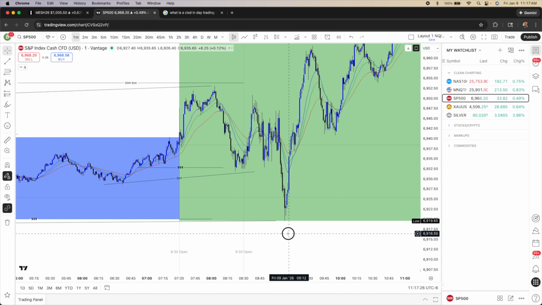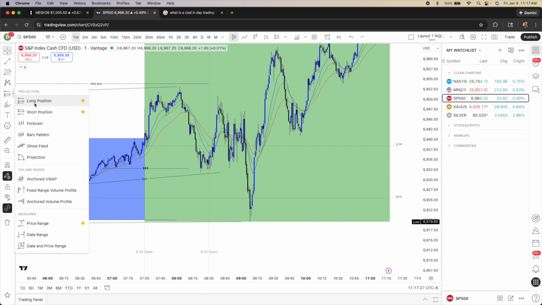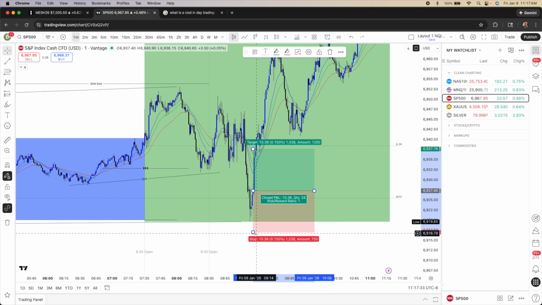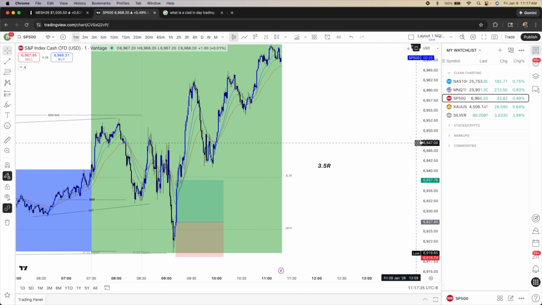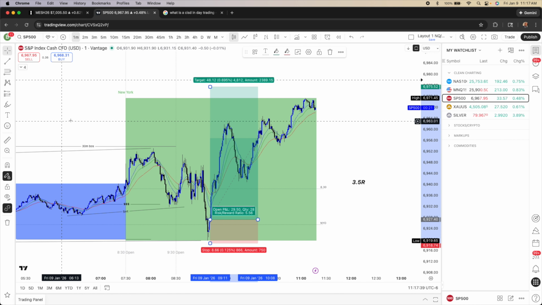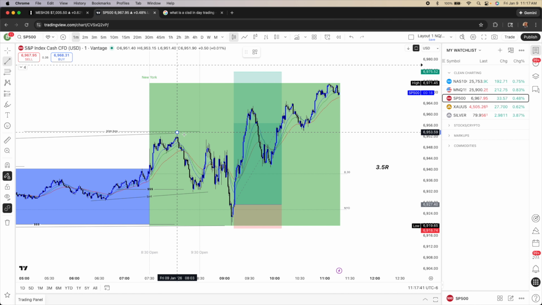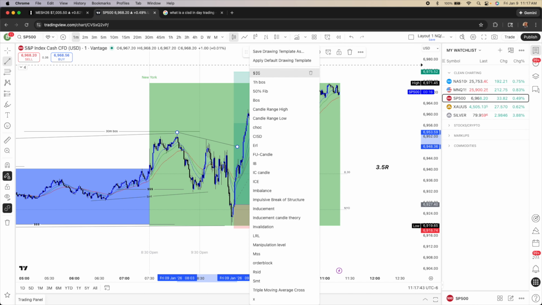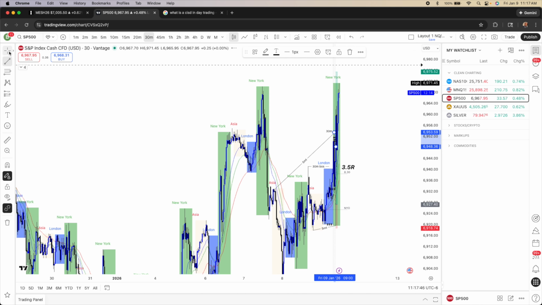I executed right down here because we started to get some bullish pressure. We got a 15-second break of structure, which gave me some type of structure to base this trade off of, which is what I like to do, base my trades off of structure. We also have low resistance liquidity, or liquidity to target. And we also had, on top of all of that,